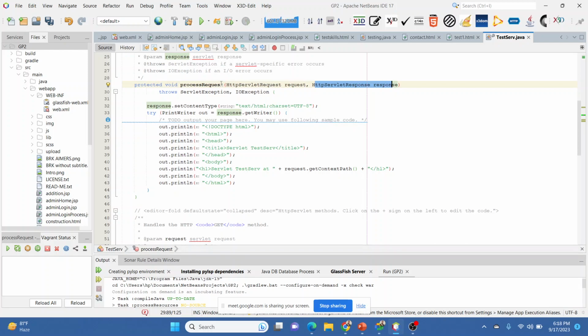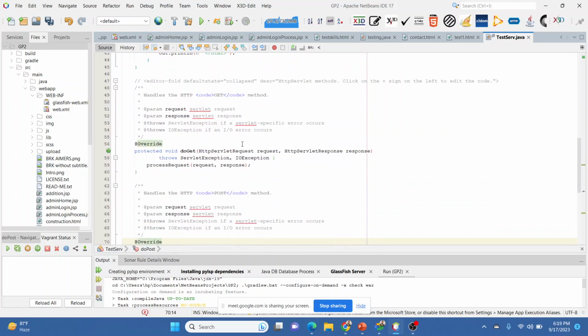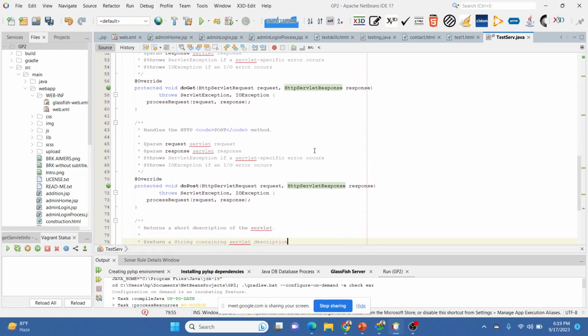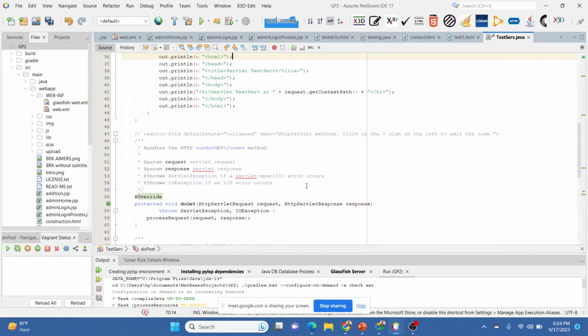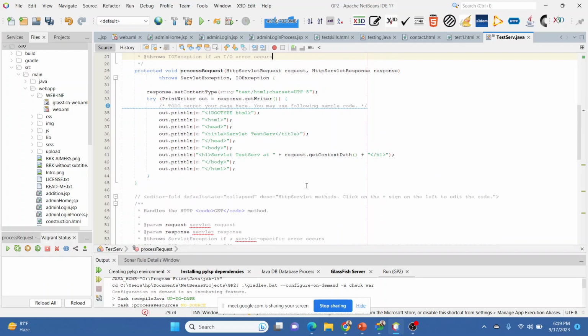This is common between doGet and doPost. If you see the doGet method that we created, it is HttpServletRequest and HttpServletResponse, and again in doPost it is HttpServletRequest and HttpServletResponse. Whatever we get in doGet and doPost as parameters, we pass on to processRequest.